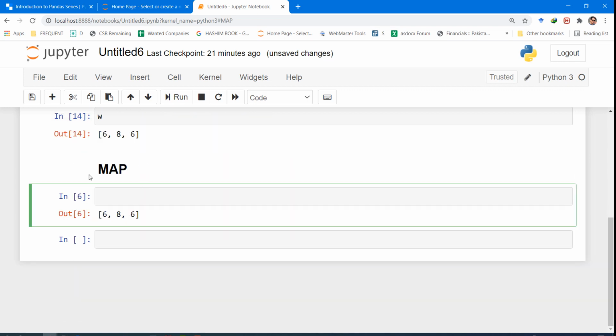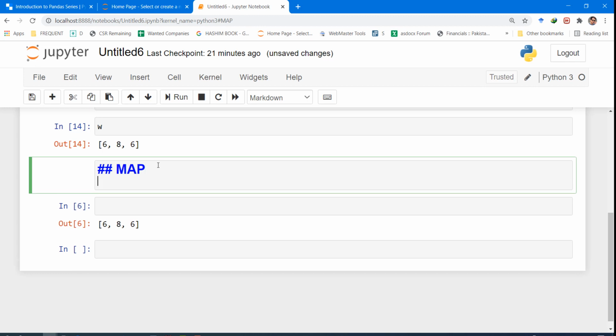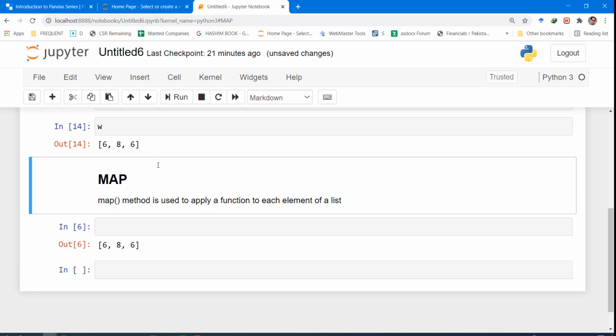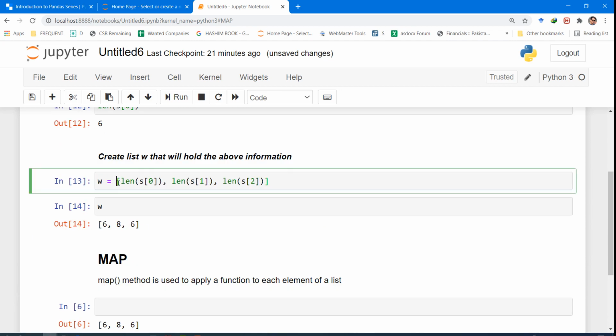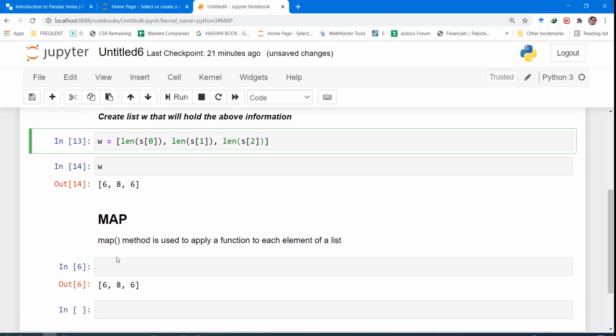The map method is used to apply a function to each element of a list. So instead of applying the len function to each element of the list manually, which we actually did in line 13, we can use the map function.